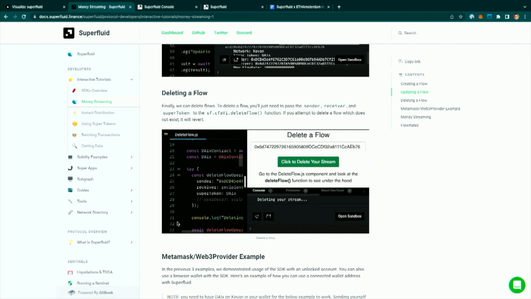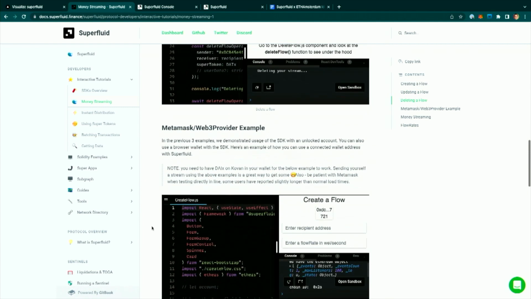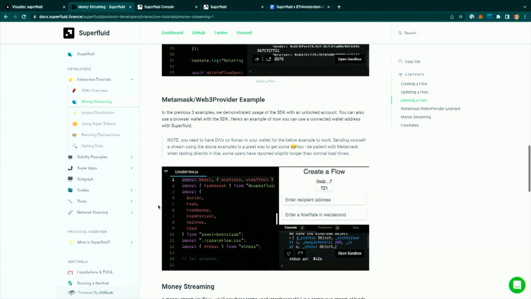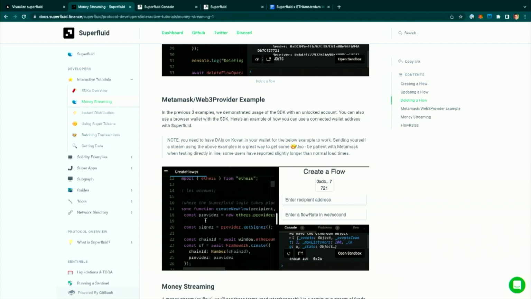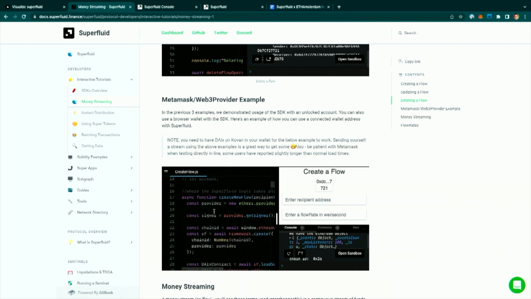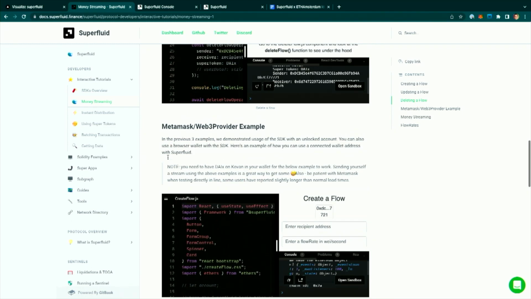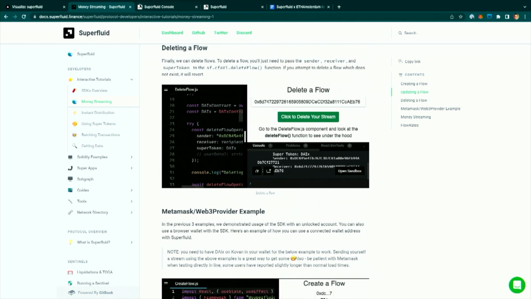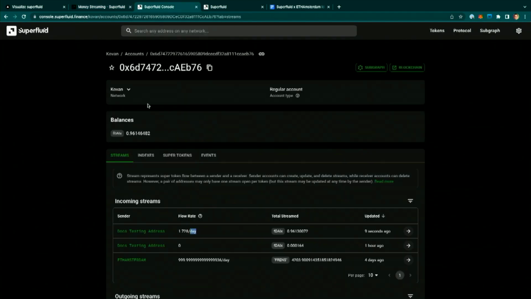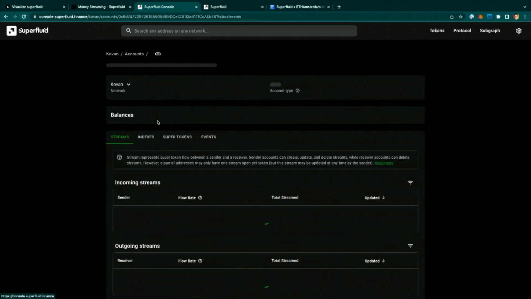While this loads, I do want to let you know that I have an example here using a MetaMask or Web3 provider. So if you want to have an easy wallet connection using the Superfluid SDK, and also do this using whatever wallet's connected to your browser, you can do that using this example, right? So I recommend just taking this one. It'll connect to whatever chain ID you're connected to, and it will work exactly as these ones work up here. So if we go back up and refresh one more time, we'll see that this stream that we had should be deleted.